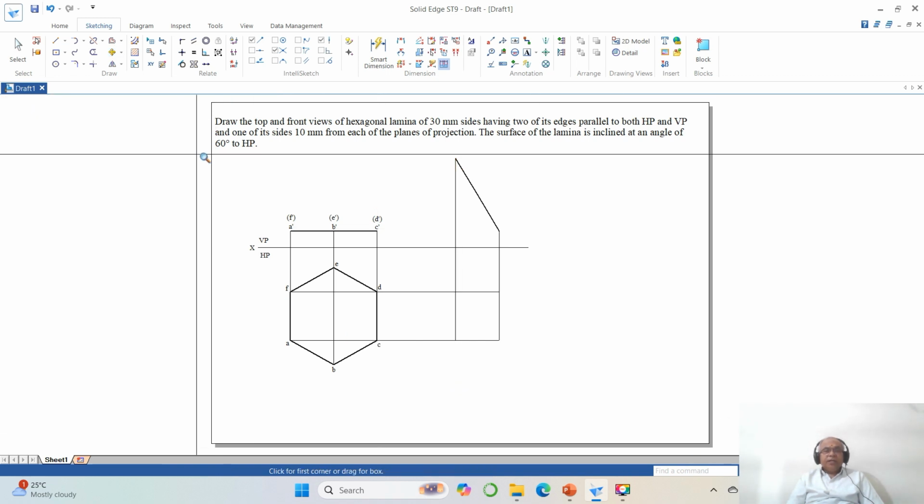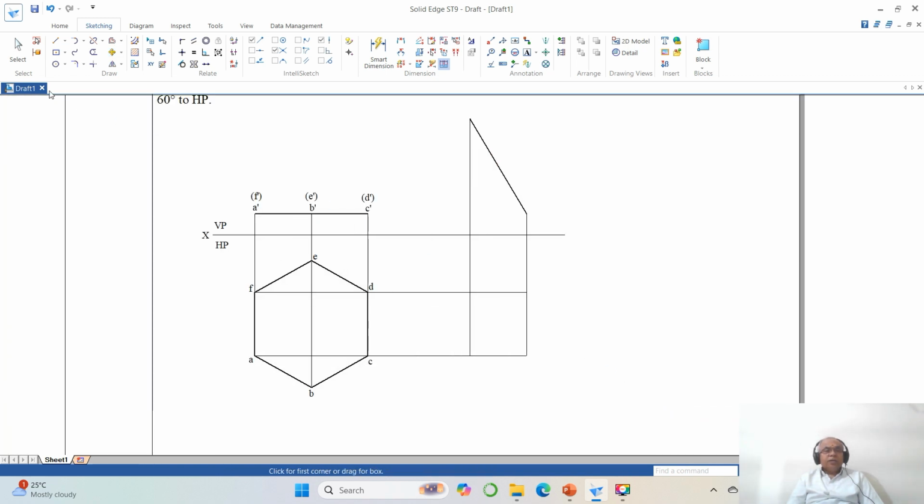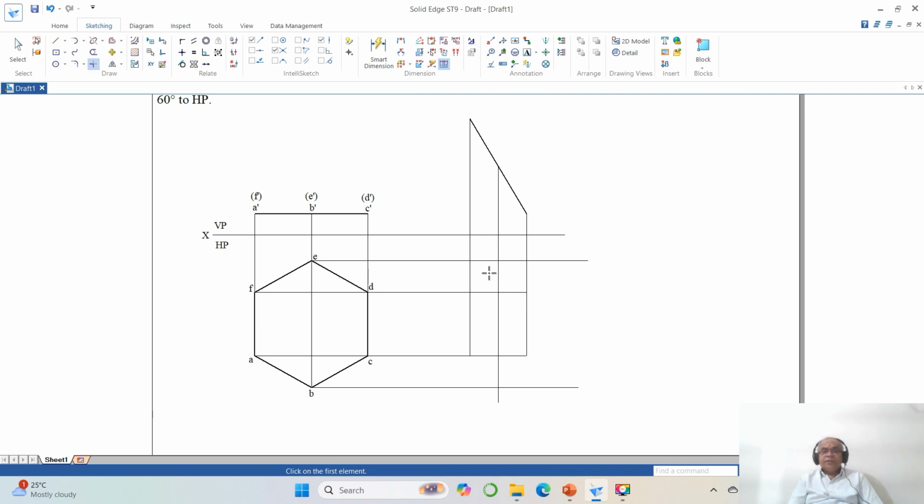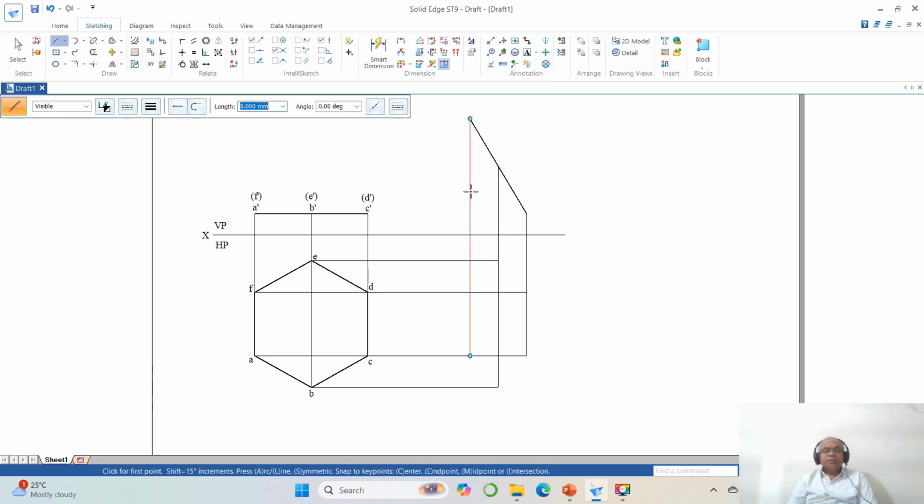So now, similarly, you draw a vertical projector from this line till here. Similarly, from E, draw a horizontal projector and also from B. Then go to trim corner between this point and this, and also from this point and this. So once you do that, now we have the hexagon. So now first we are going to copy the